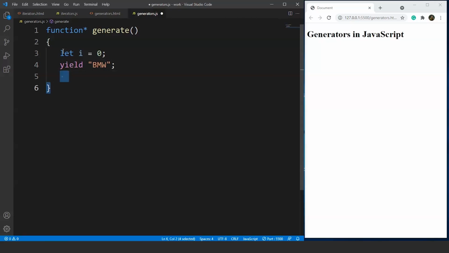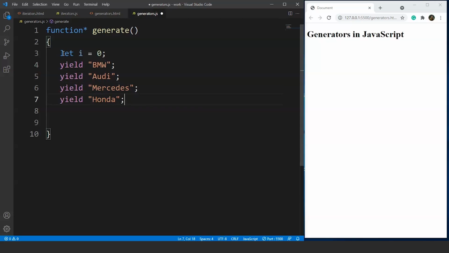We'll copy this statement and paste it four times, and change the values. First we have BMW, then Audi, third Mercedes, and fourth, let's say, Honda.